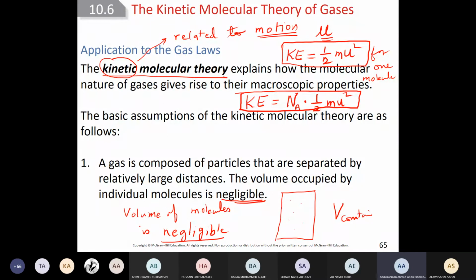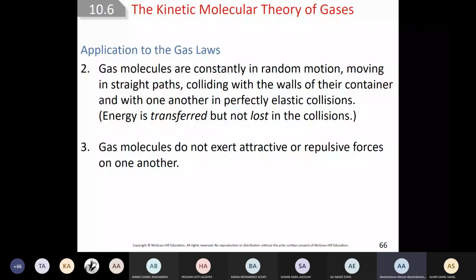What's the volume of the molecules in this container? We don't take it into account. It's considered to be zero. That's the kinetic theory. Gas molecules are in random motion. What's the meaning of random motion? عشوائي، حركة عشوائية. And they move in straight lines, colliding with the wall of the container,